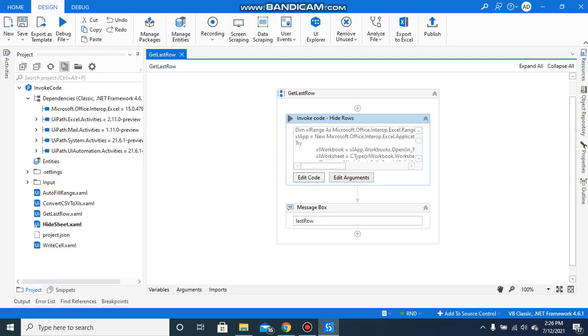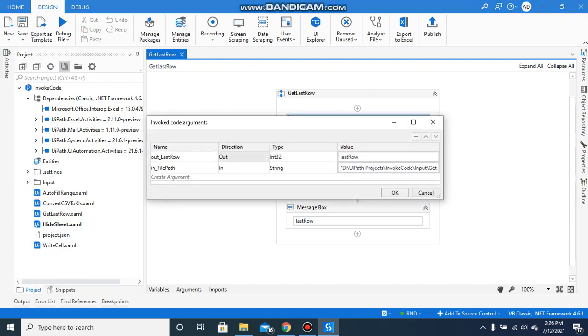Now you can do it from the normal activities for sure, but sometimes the normal activity fails because the Excel file is more complex, having update links, being in edit mode, and having some pop-ups, like external links pop-ups. In that case the normal activity is not able to read it properly, then you can use this invoke code,